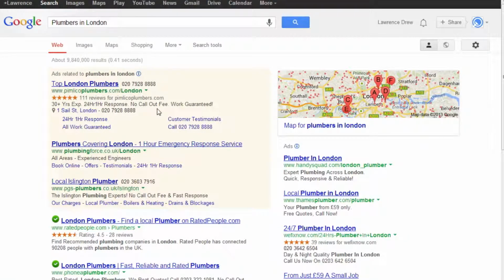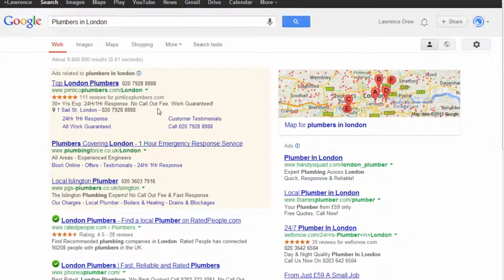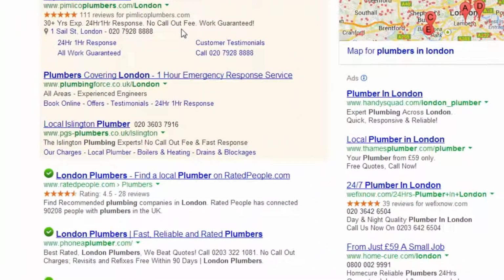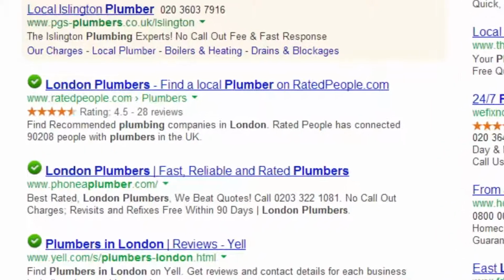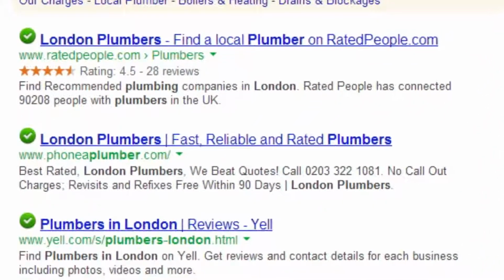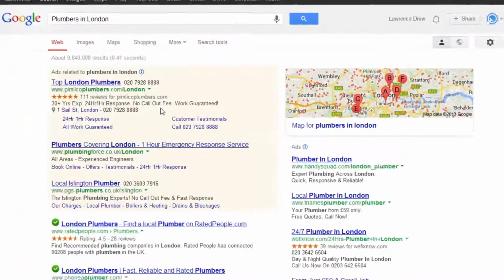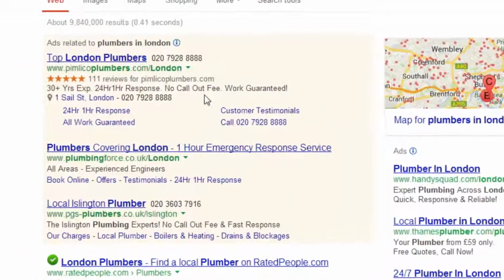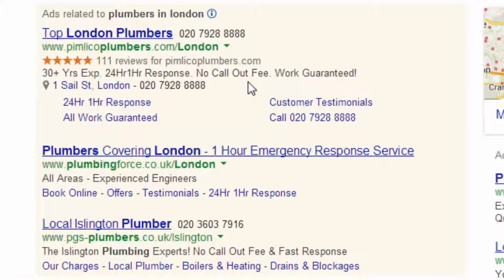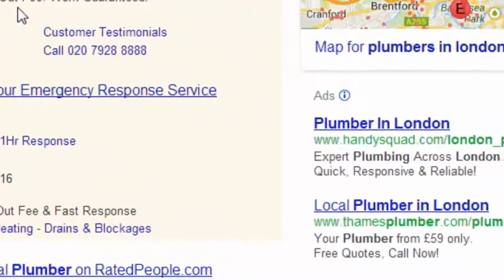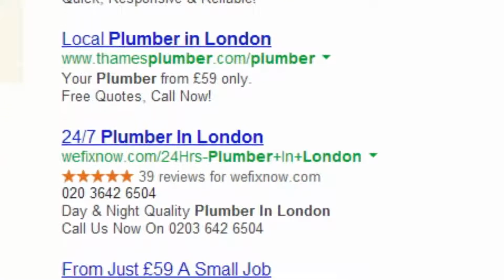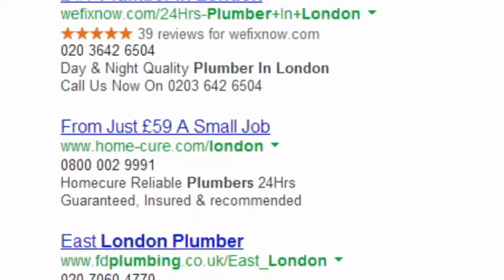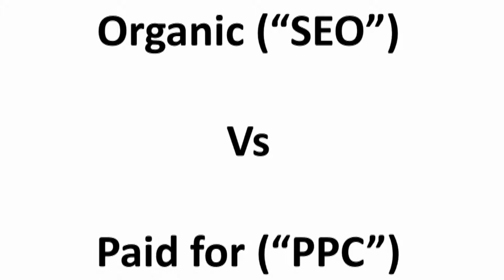What you need to be aware of is that only some of these results are the websites that Google has found on the internet. These results are called organic results and actually tend to be shown at the bottom of the search results page. The rest of the results that we can see here are paid for adverts. In other words, these are the search engine's clients that pay Google to place adverts in front of people that type in particular keywords. So why is this distinction between organic results and paid for adverts important?